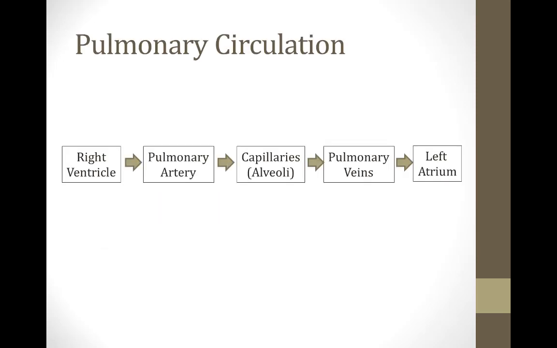So let's start with a very brief review of the way blood moves through the lungs. So venous blood with low oxygen empties into the right ventricle of the heart. From there it goes to the pulmonary artery. From there it goes to the capillaries around the alveoli where it picks up oxygen. Then it empties into the pulmonary veins and then it drains into the left atrium and then gets pumped out